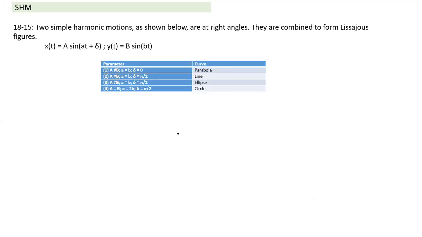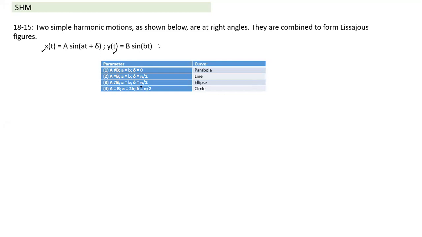Now coming to some questions which are a combination of SHM motion happening in both directions. There's a particle which is subjected to SHM motion in the X direction as well as the Y direction, mutually perpendicular directions. So if it is in mutually perpendicular directions, this equation itself indicates that in the X direction its coordinate is changing as a sine function, and the Y coordinate is also changing as a sine function. So the question was given like this, and whenever there is such a combination, how would the particle move? How do we find the trajectory of the particle?